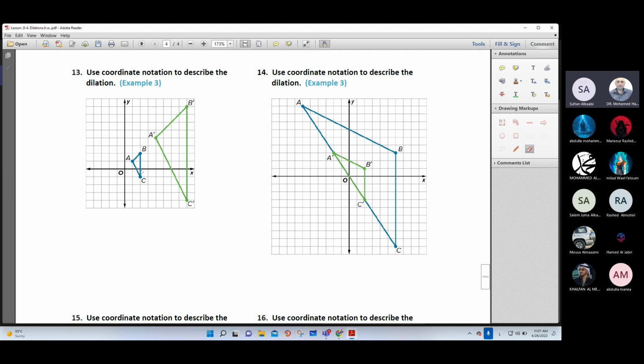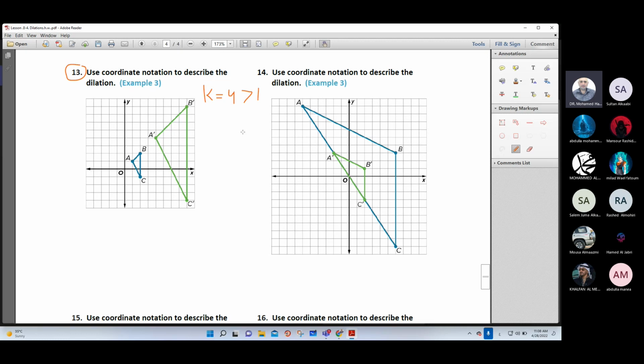On question 13, right? Repeat, Sultan. Yes, 13. Solve number 13. The scale factor is 4. So why enlargement here? Because the scale factor is bigger than 1. Greater than one. Okay, thank you,